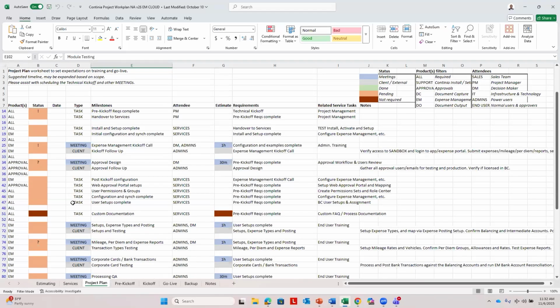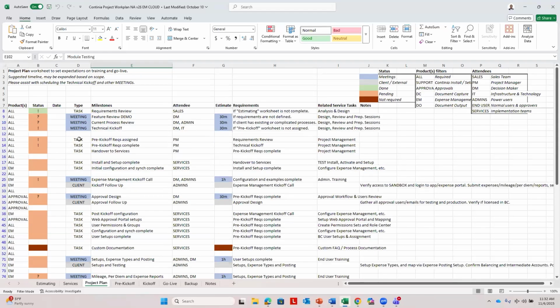So this is what Continia feels are the number of meetings and the milestones that you can keep track with during your implementation. So most times you've already had a demo, you've already completed your client discovery. So the client should already be aware and know what expense management is,